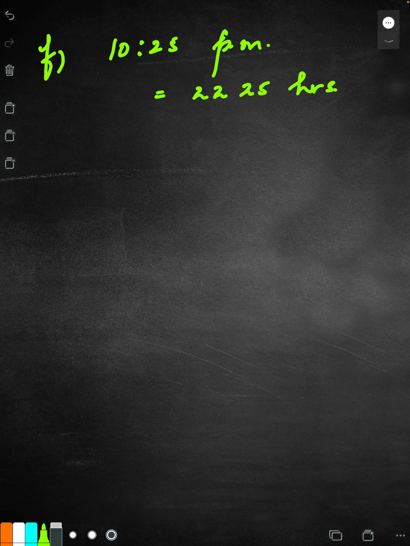So if your train is supposed to leave the station at 10:25 p.m., in your ticket it will be written 2225 hours. So you need to convert vice versa also. G, 8 p.m. And now you are experts, you add 12 to it. It will be 20:00 hours.